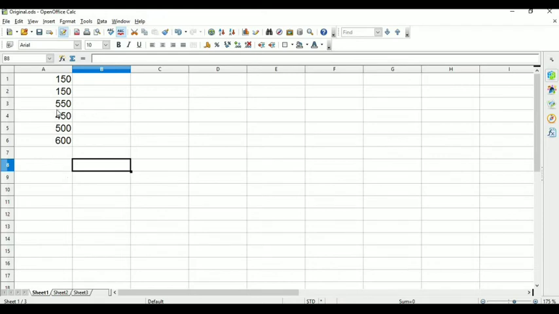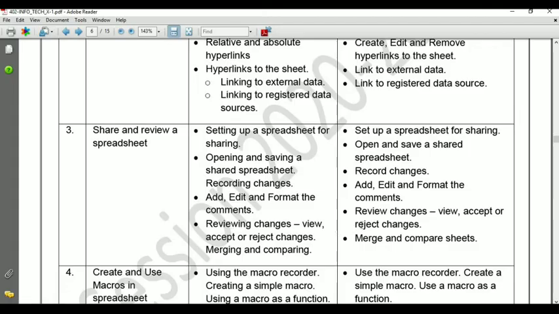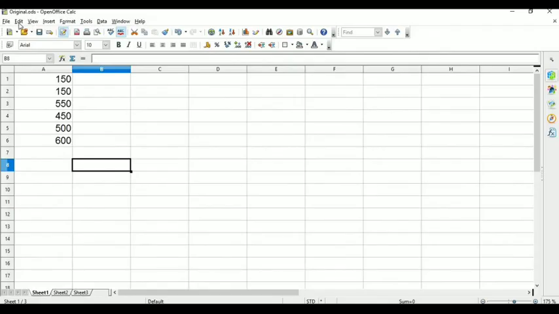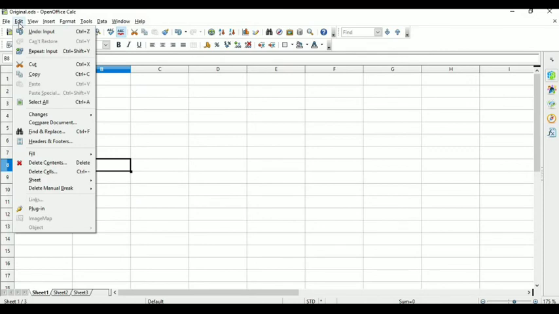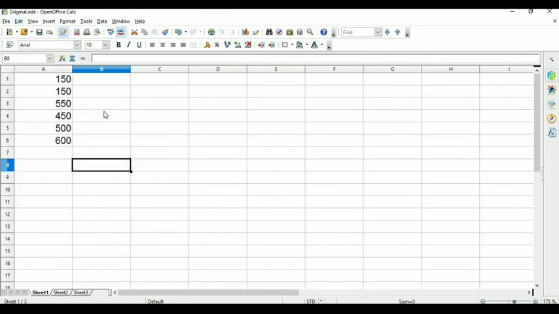For working with the review changes option, first of all you have to enable the record option. For that, click on Edit, Changes, and select Record. After that, update any one data which you want to modify.